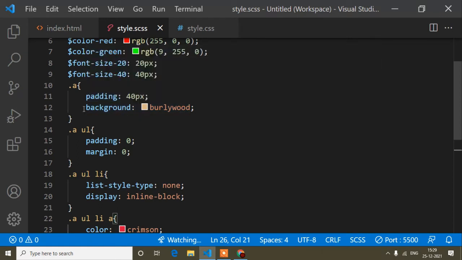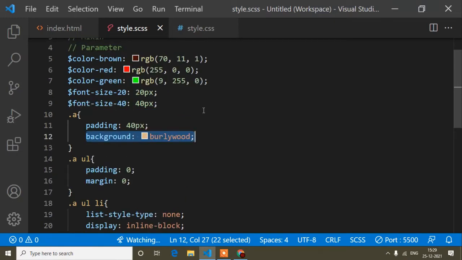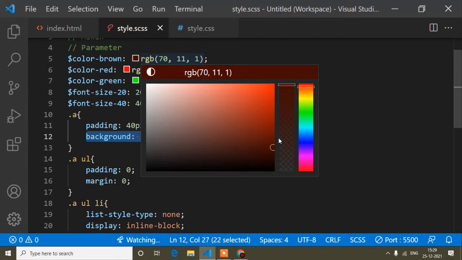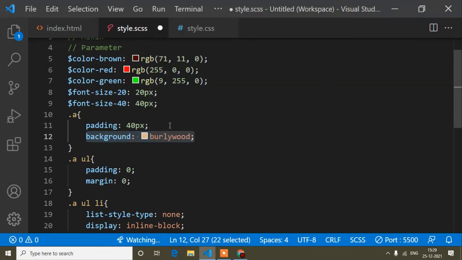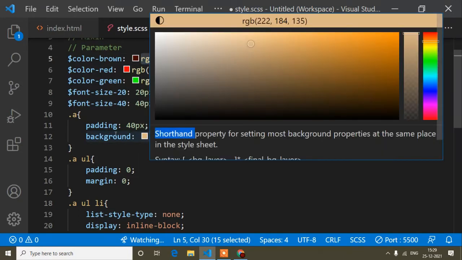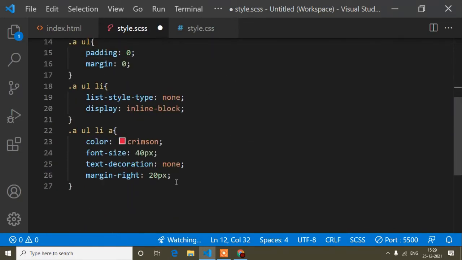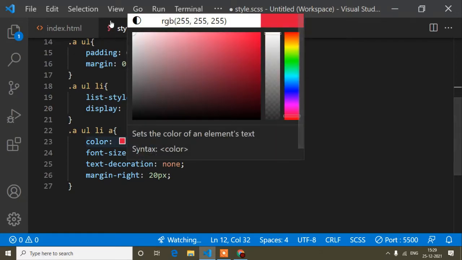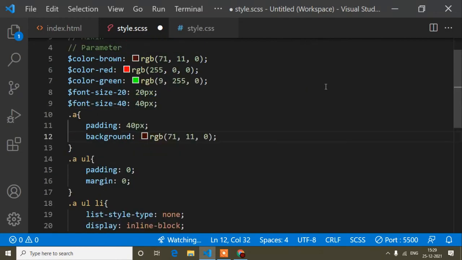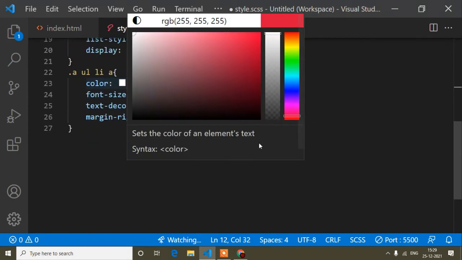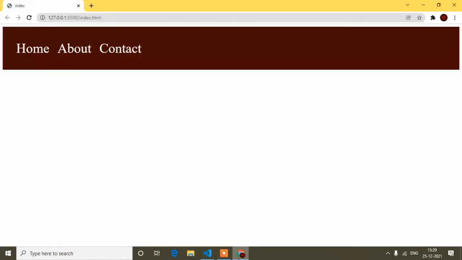But if I used this background color in many places, at that time it's difficult. So for the background color, I will use this brown color, so I will add this brown color here also, this one, and the font color I will add white, okay. So like this, save, you can see it's showing like that, okay.